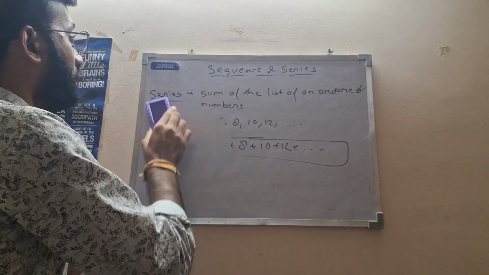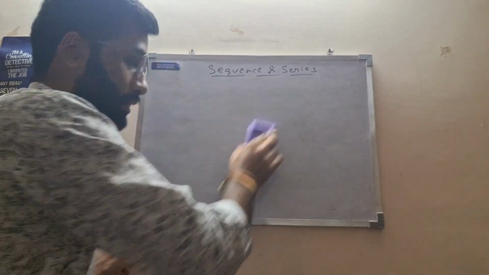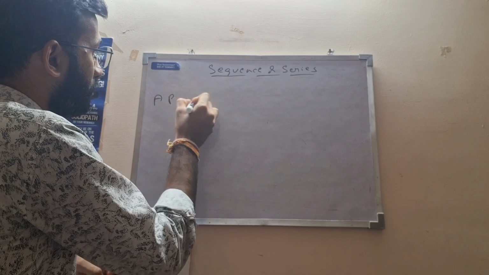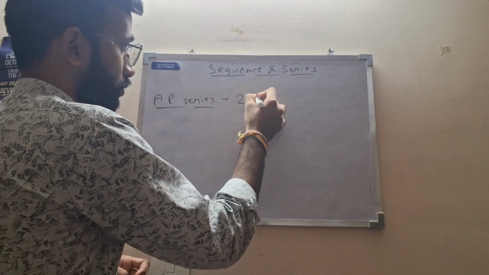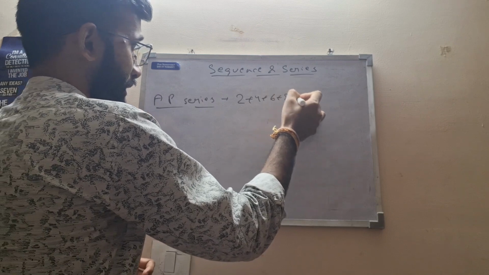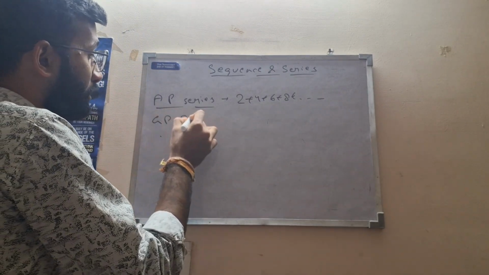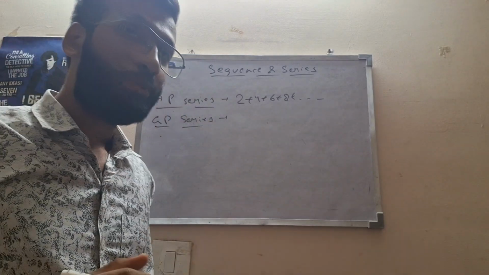So there are various types of series that also exist here, like an AP series. AP series, I have given an example to you, like 2 plus 4 plus 6 plus 8 and so on. GP series. A GP series is a series which has a GP as a sequence,